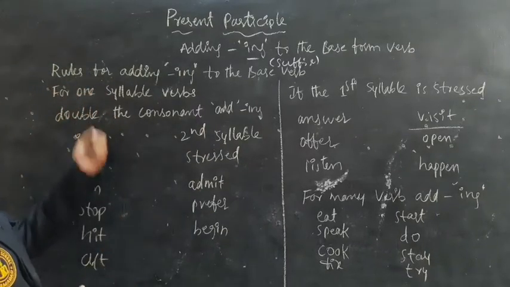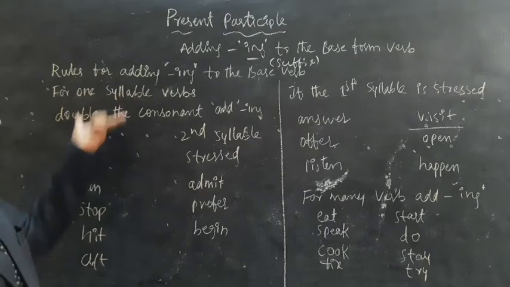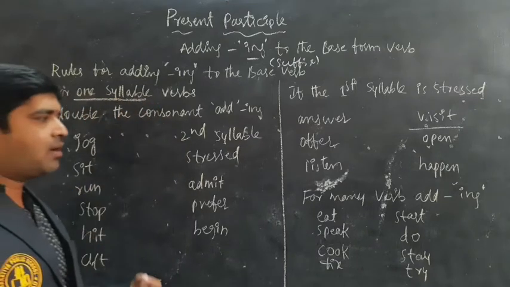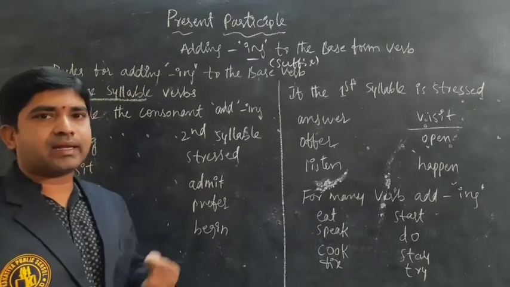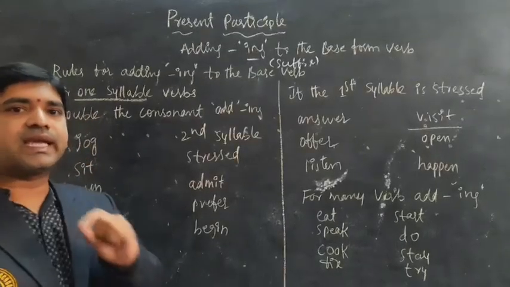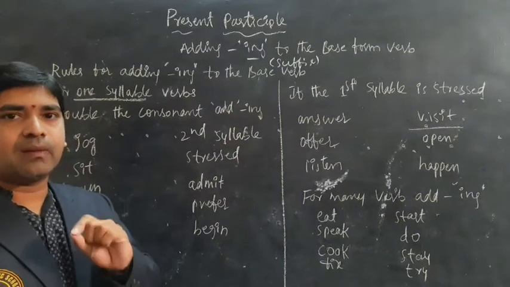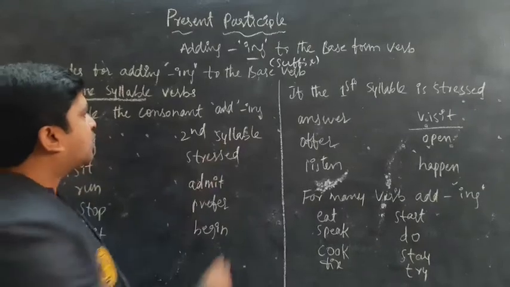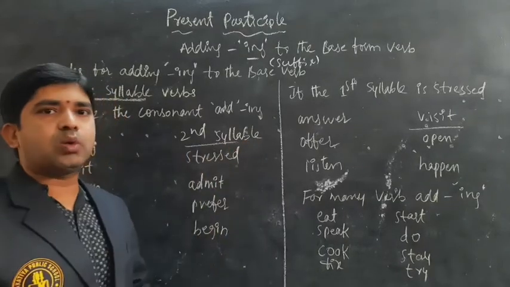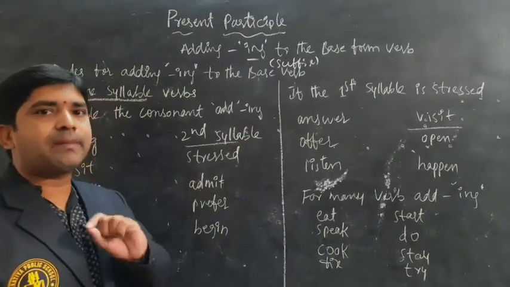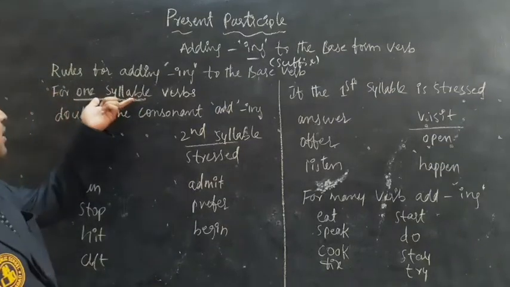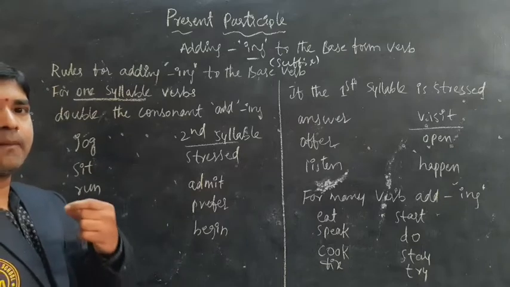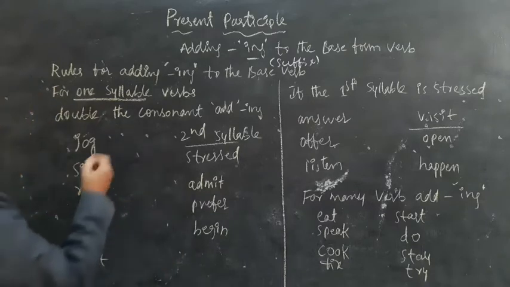See, when the verb has only one syllable, it means we can utter the word in a single breath. If it takes more than one breath, we call it two syllable. If it is more than two, we call them three syllable words. It depends on the breath. One syllable means which can be completed in a single breath, and it follows the